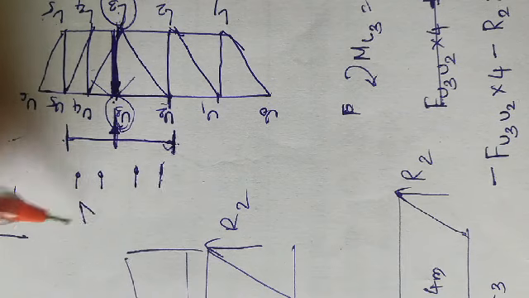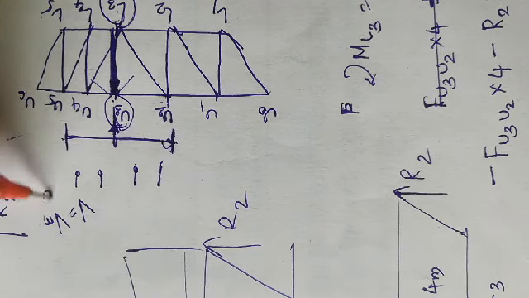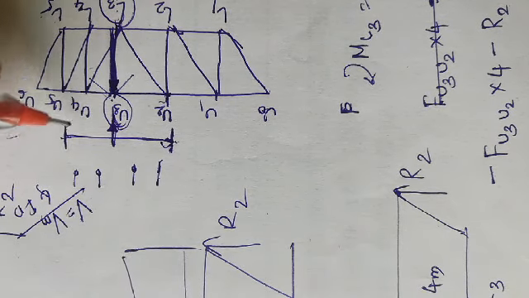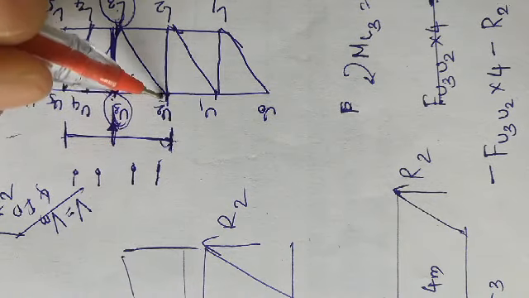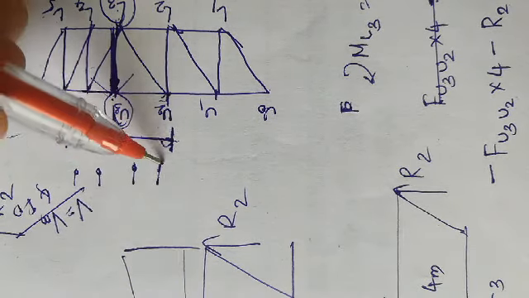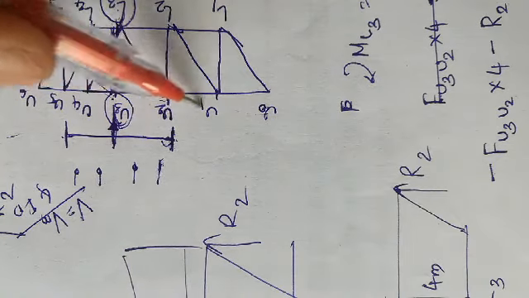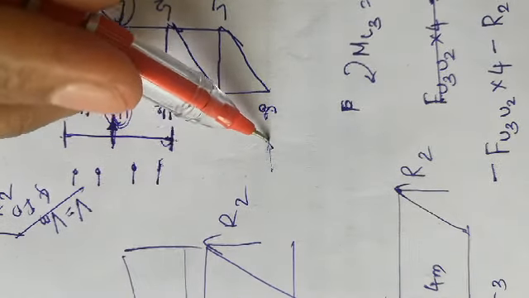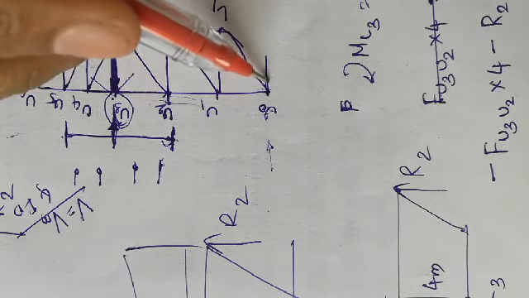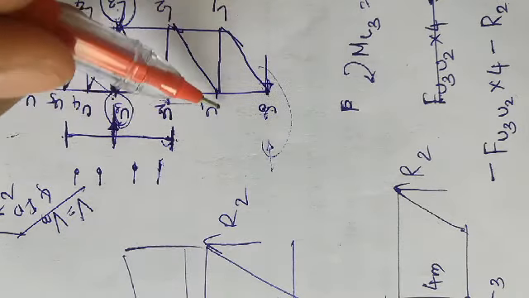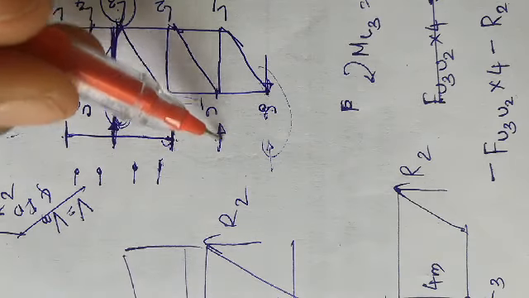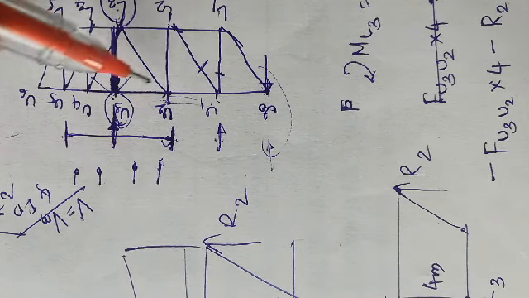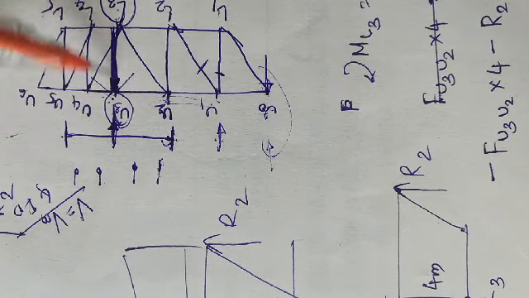As I have told you, vertical forces can be taken only by the vertical members and the inclined members. Here there are no inclined members, so all the vertical force has to be taken by this vertical member. Now how does this happen? Let us consider that the force is somewhere between U0 and U2. When the force is at U1, this vertical load is taken by U1 L1 and U1 L2. There is no force distributed to U3 L3.